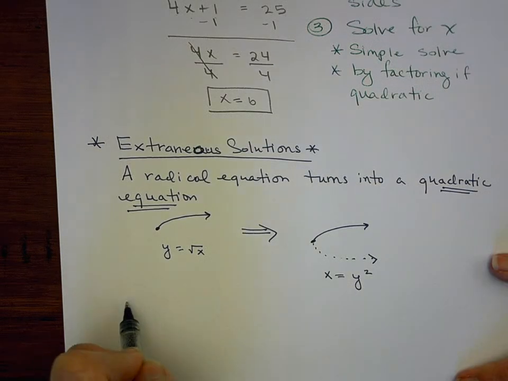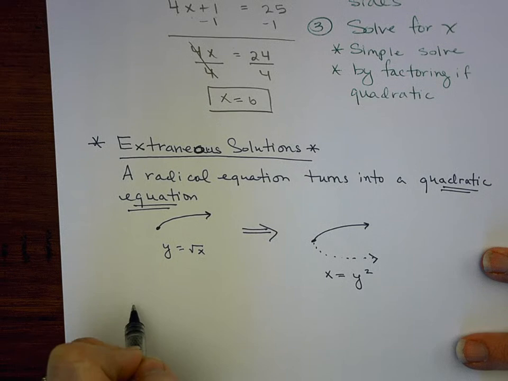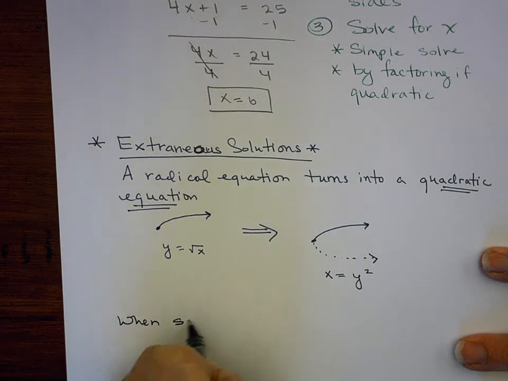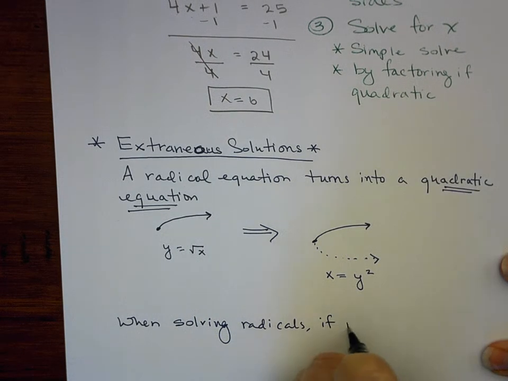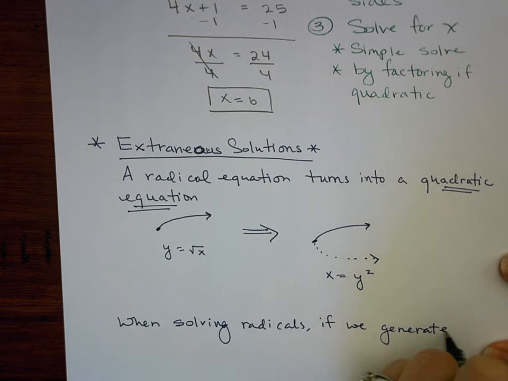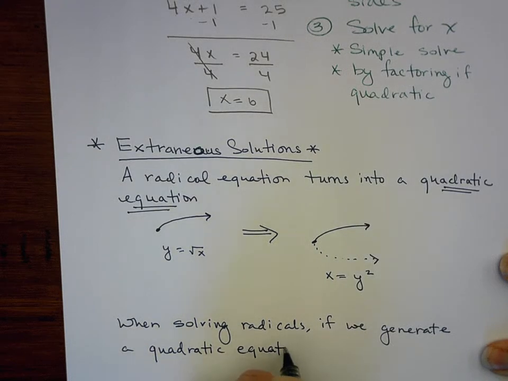So the key idea that we need to make sure we understand is that when we're solving radicals, if we generate a quadratic equation, meaning we solve by factoring,